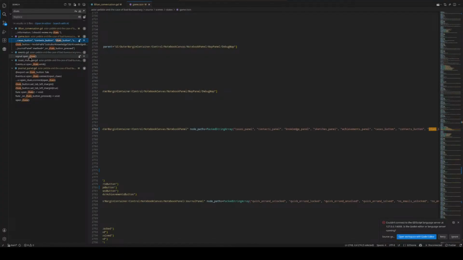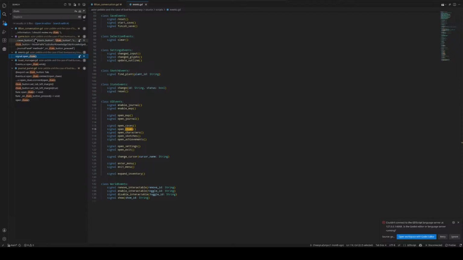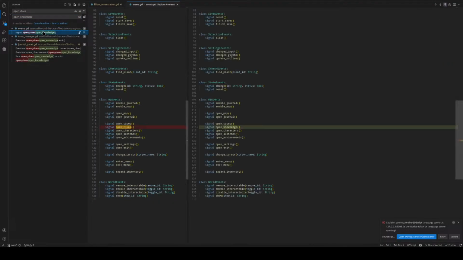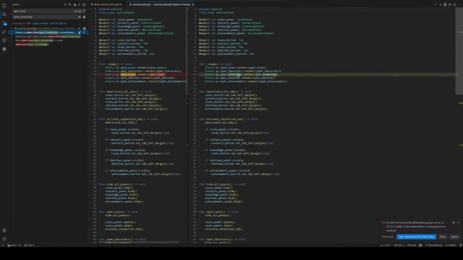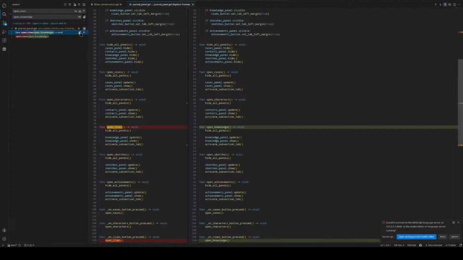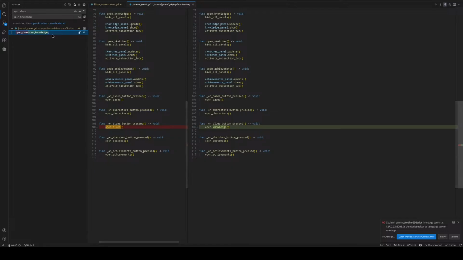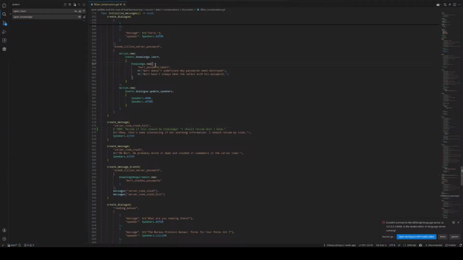We've got a couple references in game still, so I'm gonna look at that in a minute, but first let's try and fix this event. So open clues I can just replace with open knowledge. Let me just double check as I do these changes, so that will be good. That'll be good as long as I change the rest of it in this file. Okay, so that part's good. Going back to our clues search,